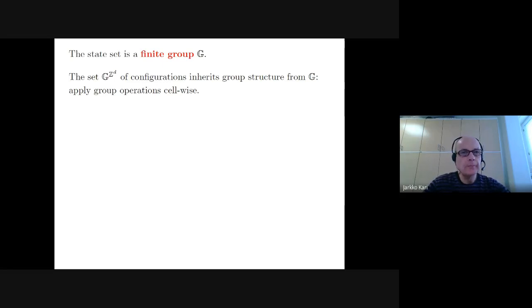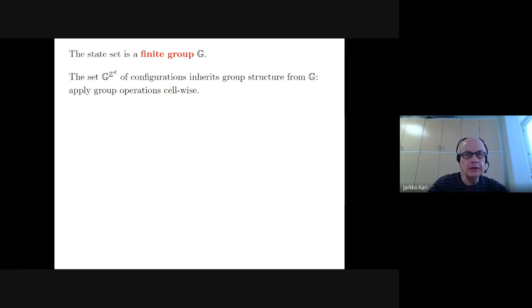So in the following, the state set will be a finite group. For example, integers modulo n under addition would be an example of a finite group. That would be a commutative group. But there are many other finite groups also. As you probably know, finite groups are quite a rich bunch of objects. And now once you have a group structure on the states,